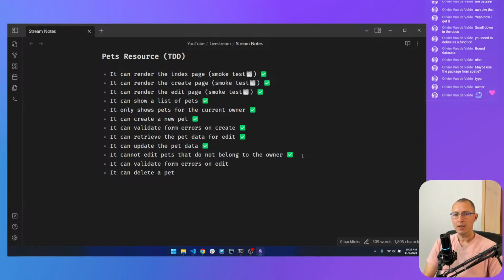It can validate form errors on edit. All right, this is very similar to the one we had for the create form, but now we want to make sure that the edit form also has all the validation taken care of.